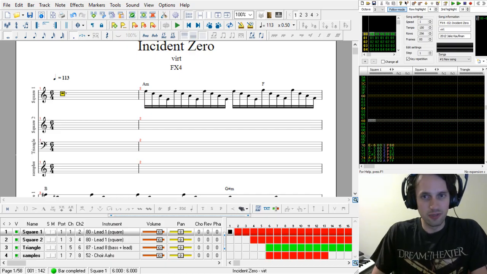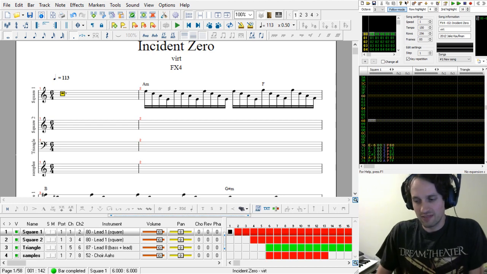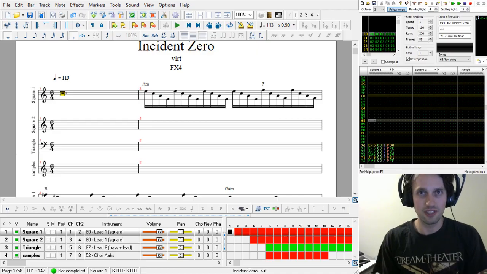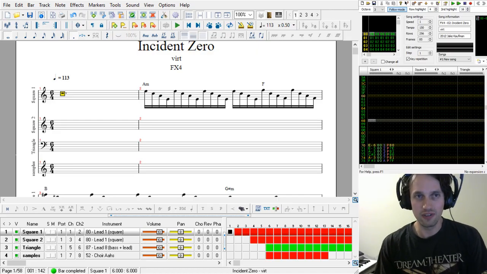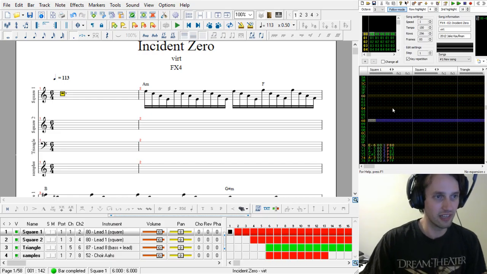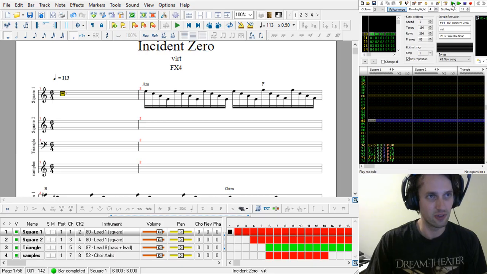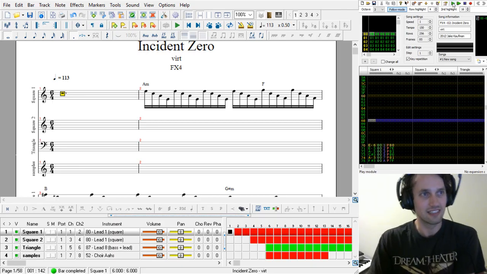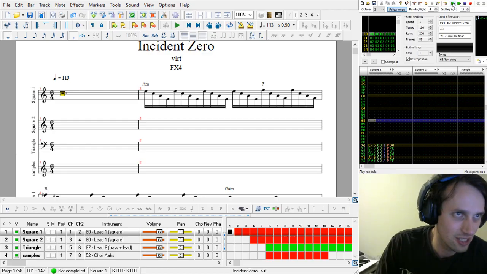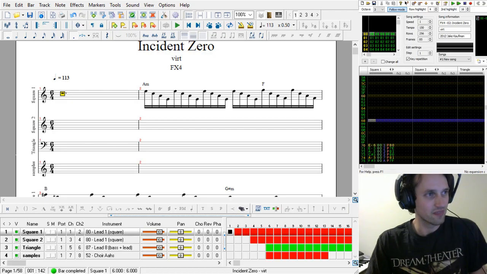Because the album was released in NSF format, someone pointed me in the direction, I believe it was Jorf actually, of a development fork of Famitracker that allowed for the import of NSFs. So what I've done is I imported the actual NSF export of FX4 into Famitracker and saw how Incident Zero was made. And so I transcribed it and turned it into sheet music, and I have made it in Guitar